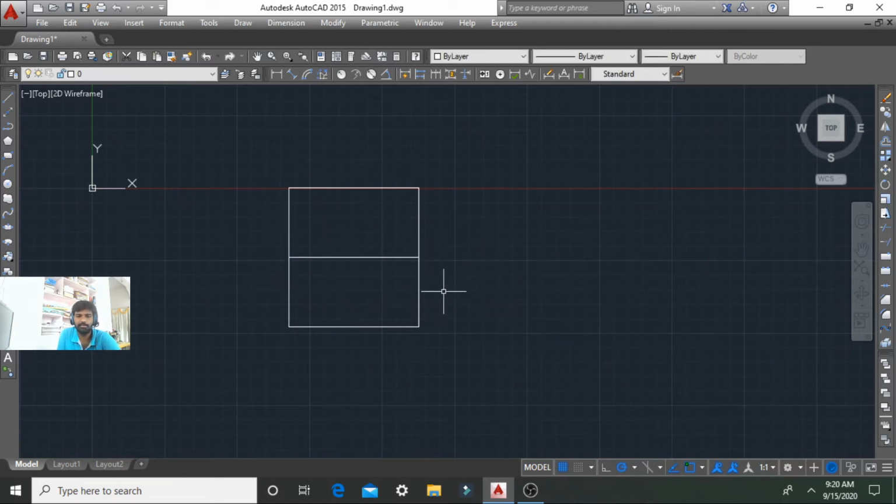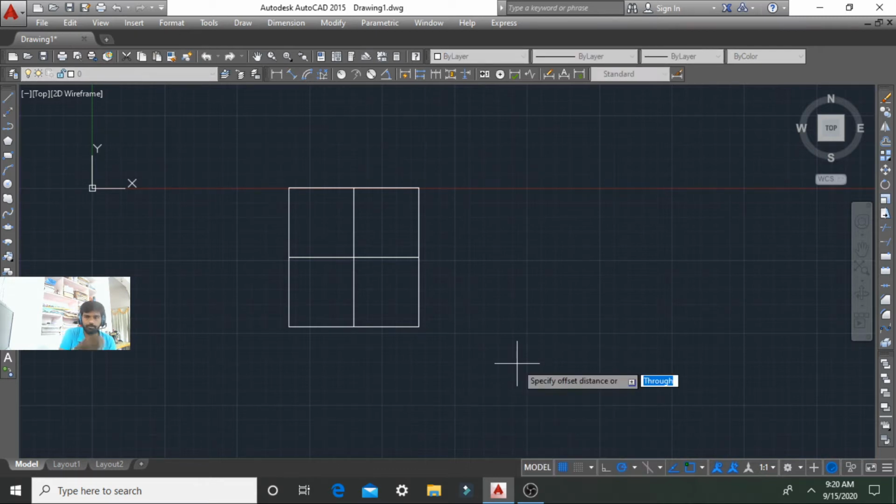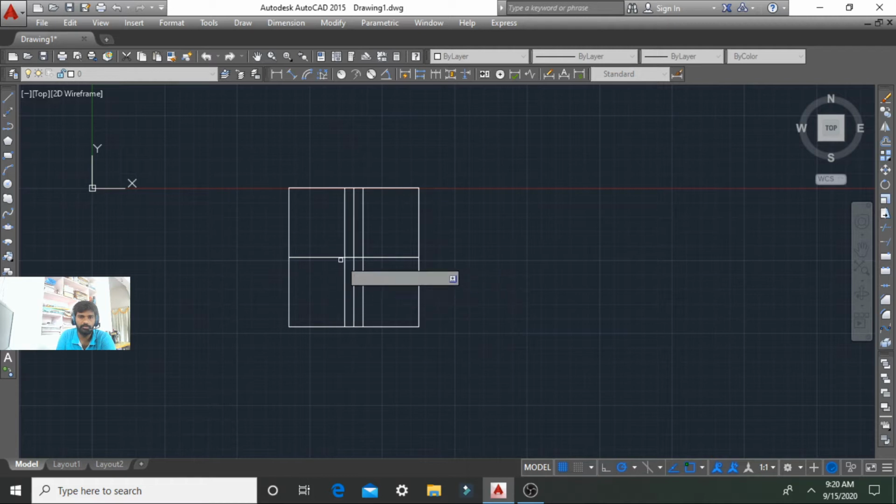We place the column as 400 and 600. This is the center and 400 is the width, so I am giving 200 from the center to here and 200 to here. Overall 400, and the depth is 600, so I am giving 300 from the center.